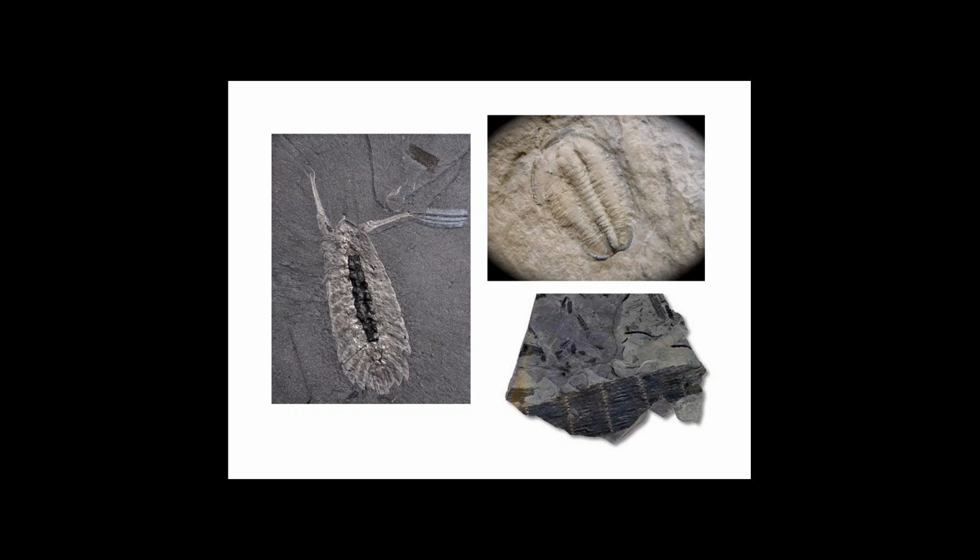So here are some pictures of the ones that we just talked about. The one on the left is shale. As you can see, it preserves the organism really well, which is why you can have some perfectly preserved organisms found in shale. The top right is limestone, that's a trilobite, and the bottom left is coal, or coal shale. So that's all that we have on preservation for this week, and we're going to be moving on to